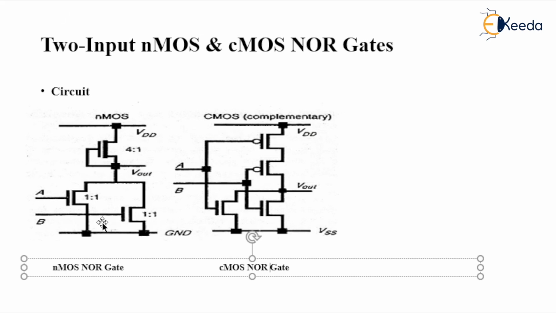Under NMOS, the OR combination is nothing but placing the transistors A and B in parallel. So similarly, I am going to place A and B in parallel here. The complementing form is established with the help of a depletion MOSFET when VGS is equal to 0. So when VGS is equal to 0, under the depletion mode, it provides a complementing form here. OR operation means A and B should be connected in parallel combination.